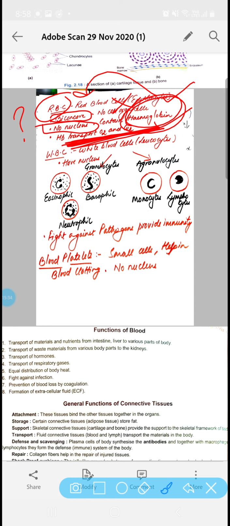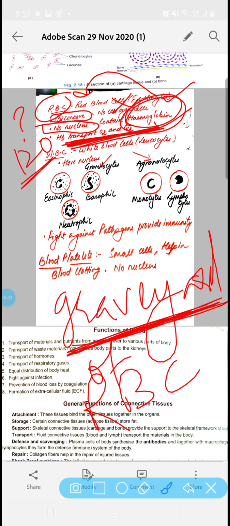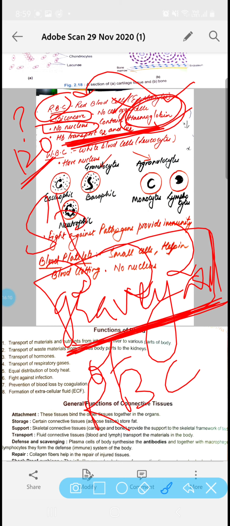Okay. Now the RBCs have a particular lifespan of 120 days. After 120 days, the RBCs die. Okay, and the RBCs get buried in the organ called the spleen, which is also called the graveyard of RBCs. Graveyard means कब्रिस्तान, जहाँ पर RBCs ख़त्म होने के बाद, डेड होने के बाद इकट्ठा होती हैं, उस ऑर्गन को क्या बोलते हैं हम? स्प्लीन.